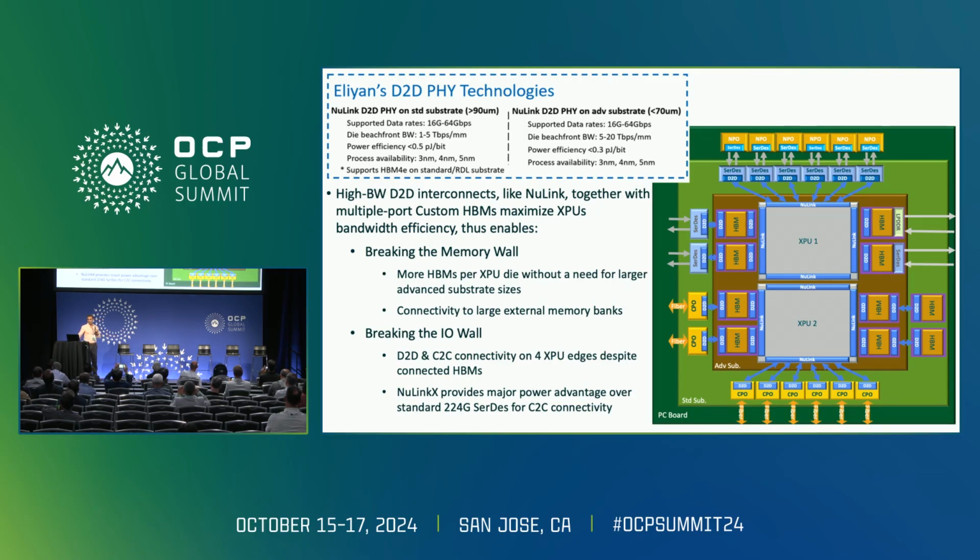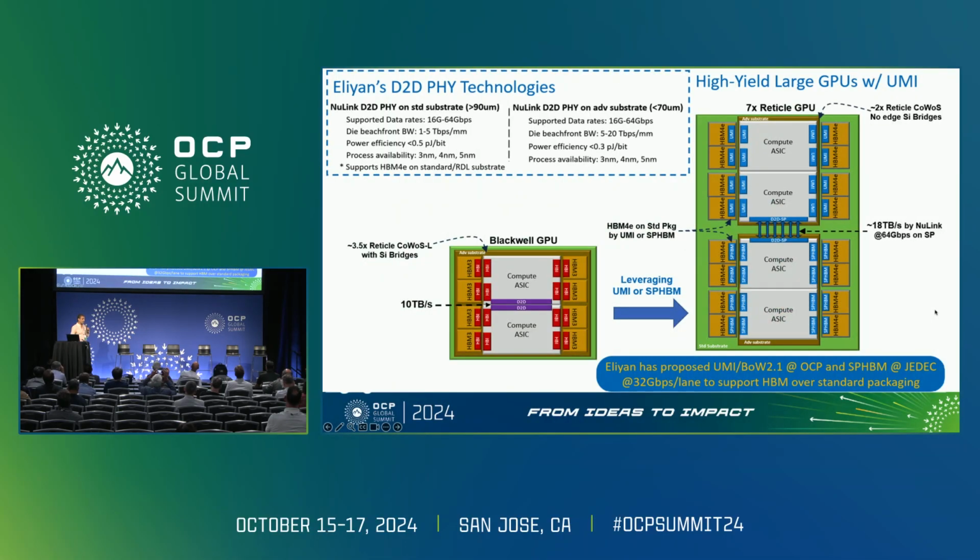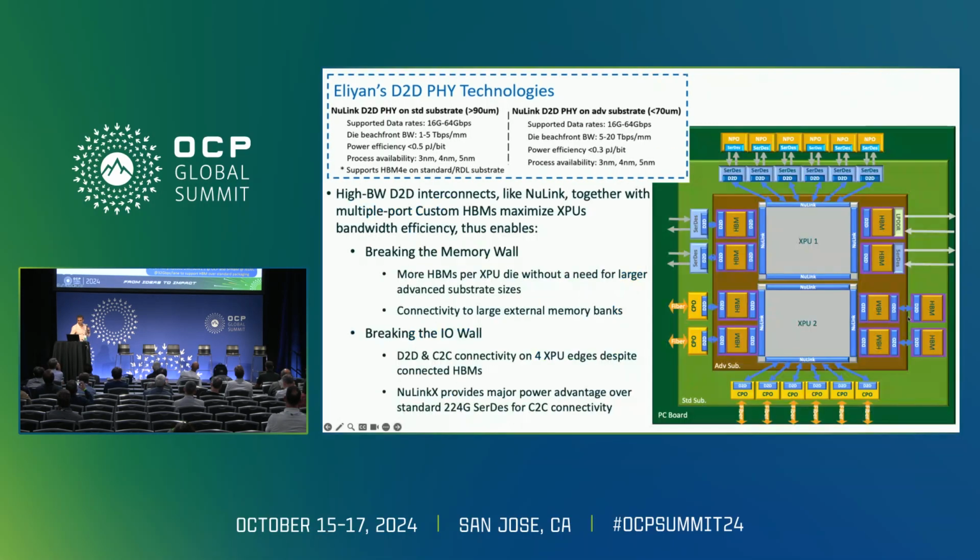For example, on the left side, I don't know if you see the mouse here, you can daisy chain HBMs and expand the amount of HBM and effective bandwidth there. Or you can connect it to LPDDR and get even more bandwidth and more capacity through the other side of it.